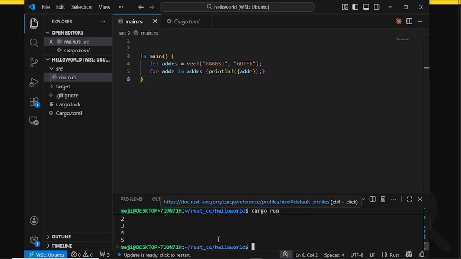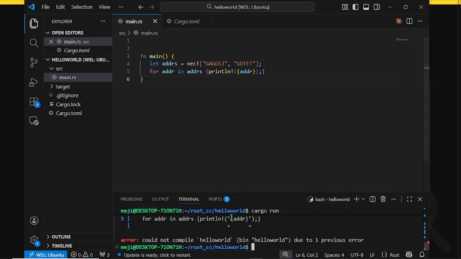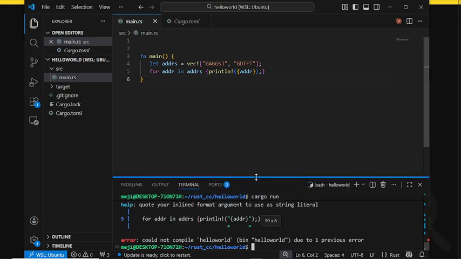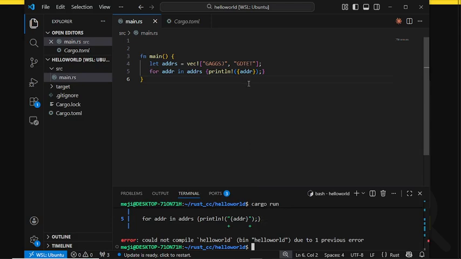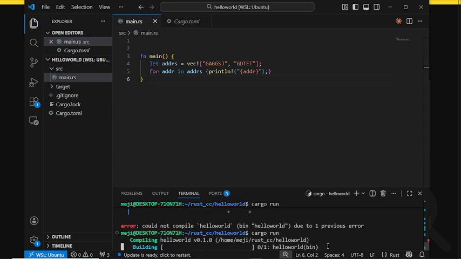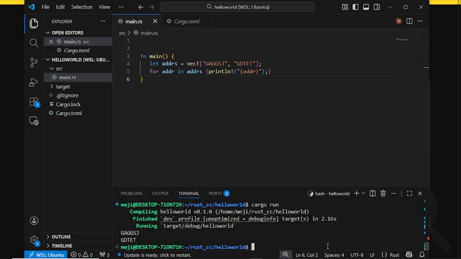So let's run this. Oh, I made a mistake here. Forgot to, yeah. So this works,